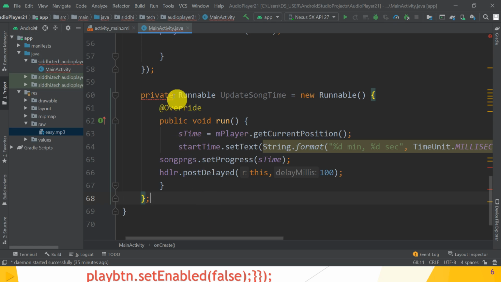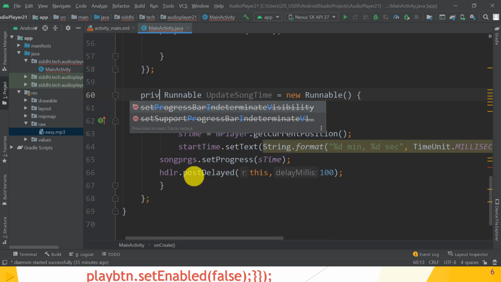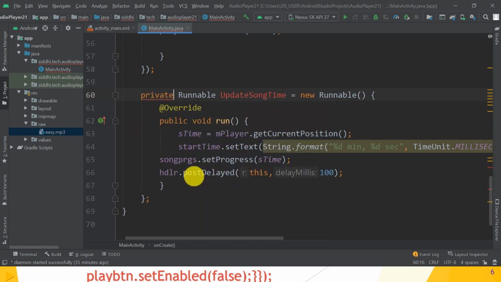Okay, so now it's time to write the last method, that is update.